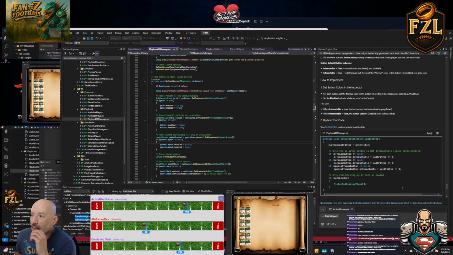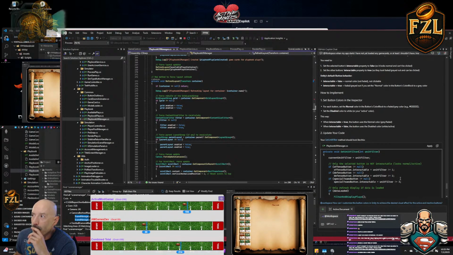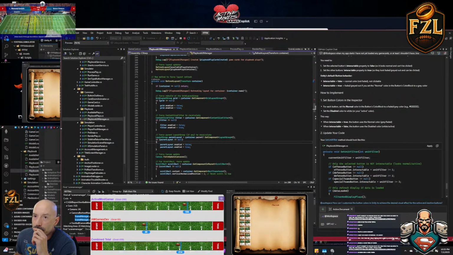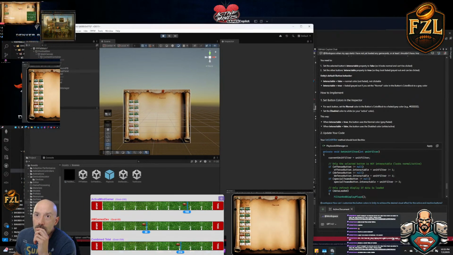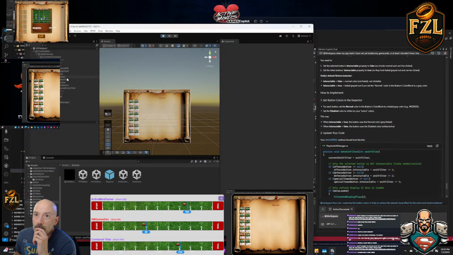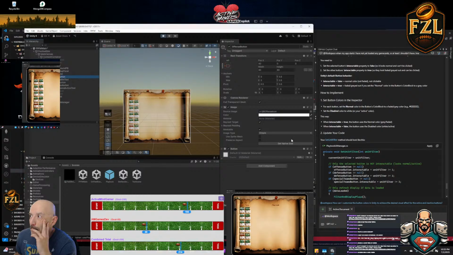All right, so we do want this. But it didn't give me the update. Set button colors in the inspector. Okay, go to the inspector. Filter panel. I'm gonna go button. Sets Unity's default. Set the selected button's interactability to false, so it looks normal, can't be clicked. So this part is correct,